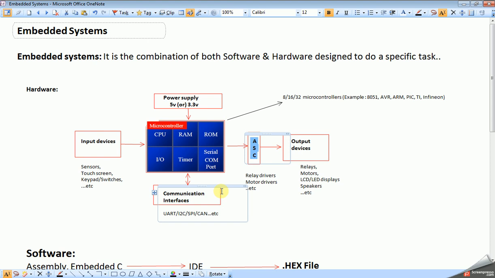So next is communication interface. There are different communication protocols, that is UART, I2C, SPI, CAN, etc. We will discuss all these in detail in later videos.